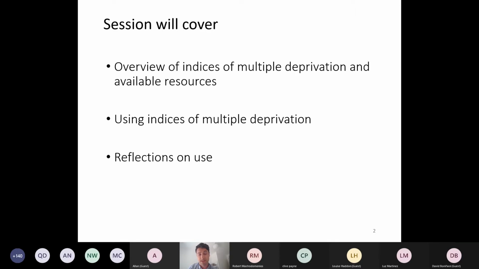Then I'm going to be handing over to Nia, who leads in Wales, and she'll talk a bit more about some of the key uses of the indices from her experience, but also the collective experience of indices producers across the UK. And then Elizabeth, who leads in Scotland, is going to be talking a bit more about reflections on some of our interactions, how the group across the 4 nations works and communicates consistently about deprivation progress and challenges, and other elements of the process which we'd like to share with you.